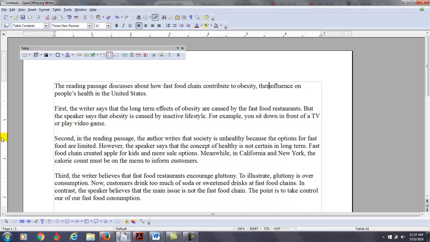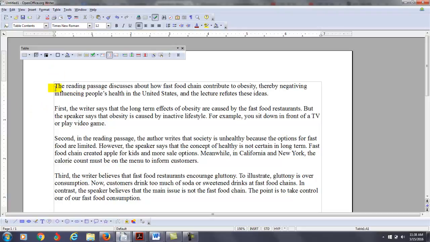You might say, thereby negatively influencing people's health in the U.S. and the lecture refutes these ideas. So that's probably a little bit more accurate.